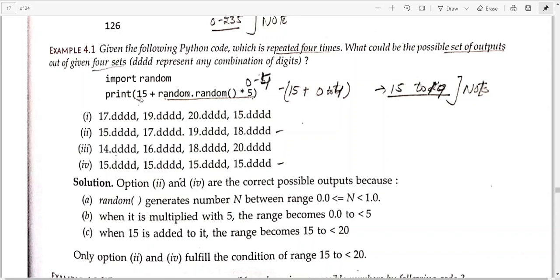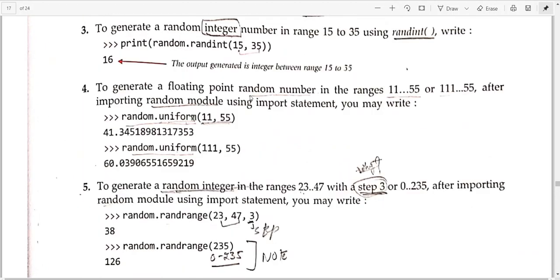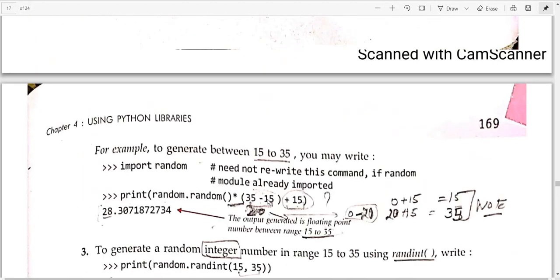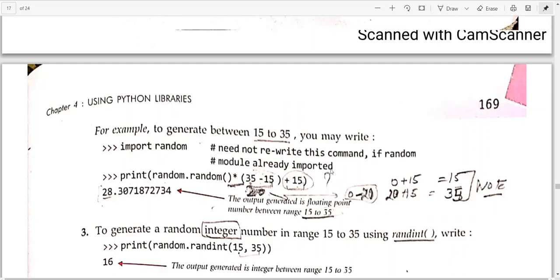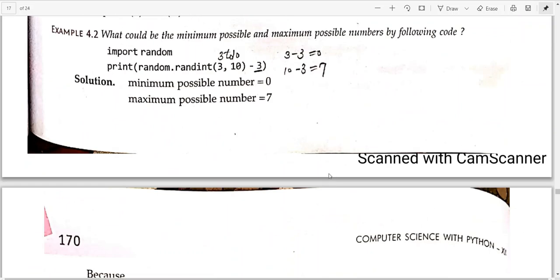15 will be compulsorily added to the outcome of this particular function. So if it is given directly, see what we have read, 35 minus 15. 35 minus 15 is 20, so you take 0 to 20. Now, if he is directly giving 20, what will you assume? 0 to 20. Similarly you will be doing here also.